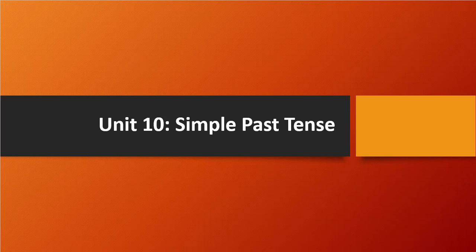Okay, so what is unit 10? That is simple past tense. The things which happened in the past. To denote, to write, to explain that thing, what we will do, we will write the sentence in the past tense. Okay, so that we call a simple past tense. So let's discuss one by one. We will see what it says and how to create the sentence, and then we will see some exercises also.